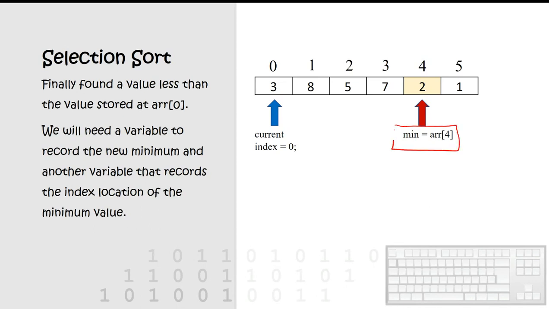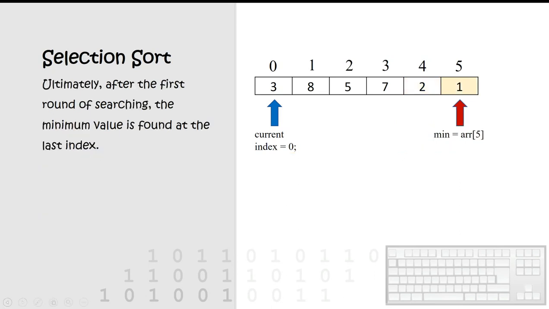So notice that the minimum is now holding the value at the array ARR at index 4. So currently this is the minimum. We still have a current index of 0 because we would like to find the minimum and store it at location 0. And when we've reached the last element of the array, we see that the minimum changed yet again. So right now the minimum is set equal to 1. It is recording this index of 5,